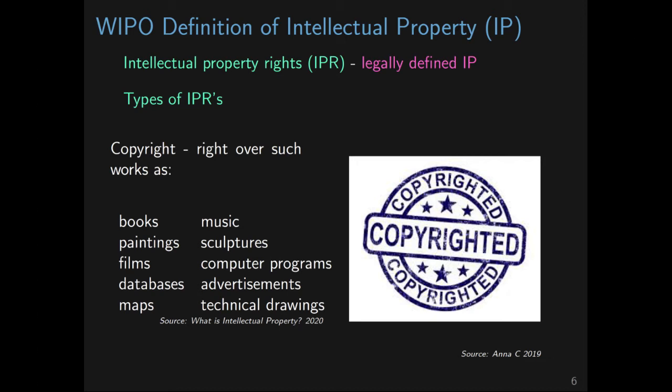Copyright and the other types of industrial property rights are different from each other in that in the case of copyright, what is really protected is the way that the idea is expressed. So the way a book is written, the colors in a painting, that is the expression of the idea, and that is what copyright protects. In the case of patents, it is the idea itself which is protected and not the embodiment of the idea. This is one big difference between these two kinds of IPR.